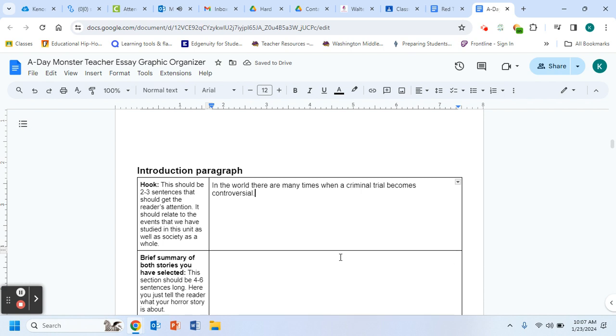Okay, and I'm going to make it nice and simple. So in the world, there are many times when a criminal trial becomes controversial. In these trials,